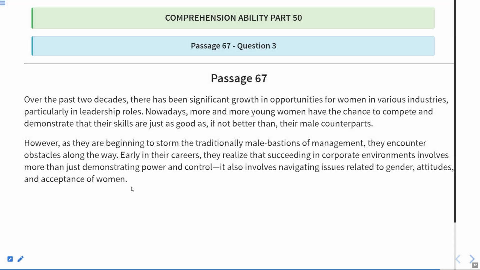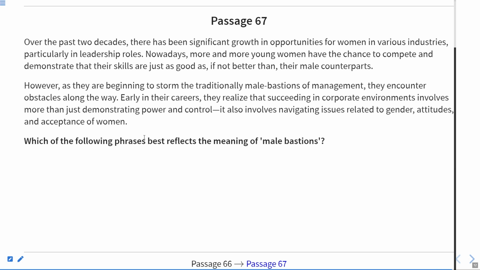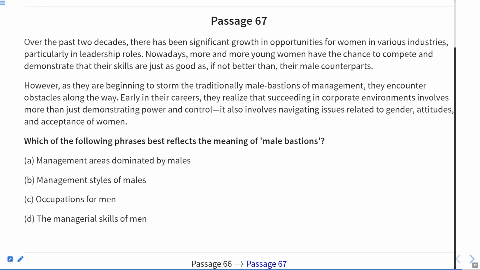The next question is: which of the following phrases best reflects the meaning of male bastions? Now, what is the meaning of male bastions? Management areas dominated by males, management styles of males, occupations for men, or the managerial skill of men. Now, if you see this line again, they are beginning to storm the traditionally male bastions of management. Traditionally male bastions of management means, in this line, the author tries to say that earlier, or traditionally, it